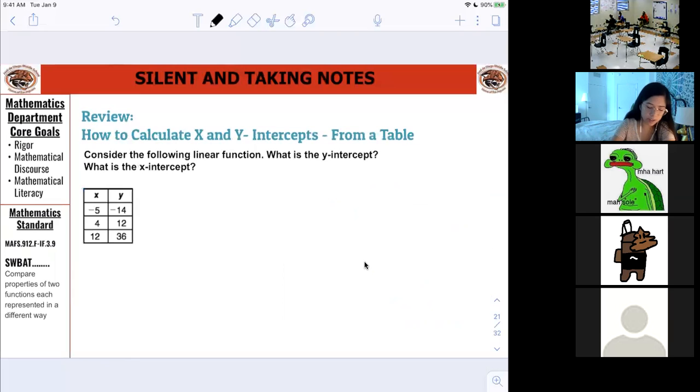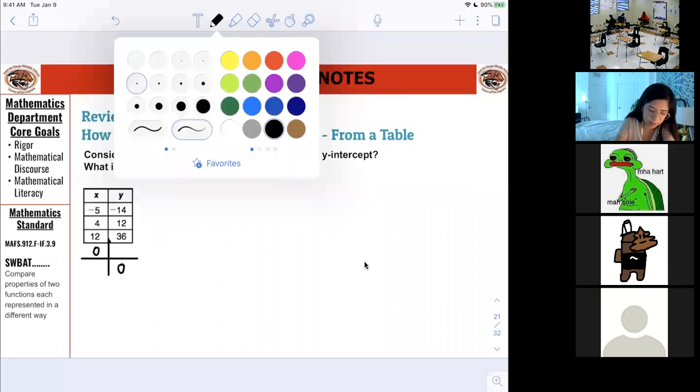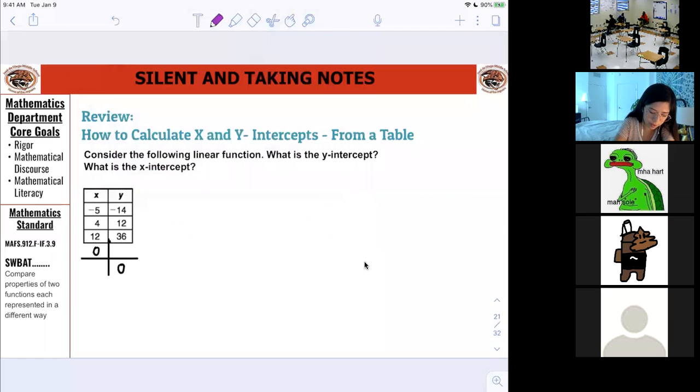No, because what would you look for on a table? So let's say you were looking for the y-intercept. What would you look for? The 0, when x equals 0. Yeah, you would look for 0 here, for this would be the y-intercept, and then you would look for a 0 over here for your x-intercept. So this would be your y-intercept, and then this would be your x-intercept. So since we don't have that,